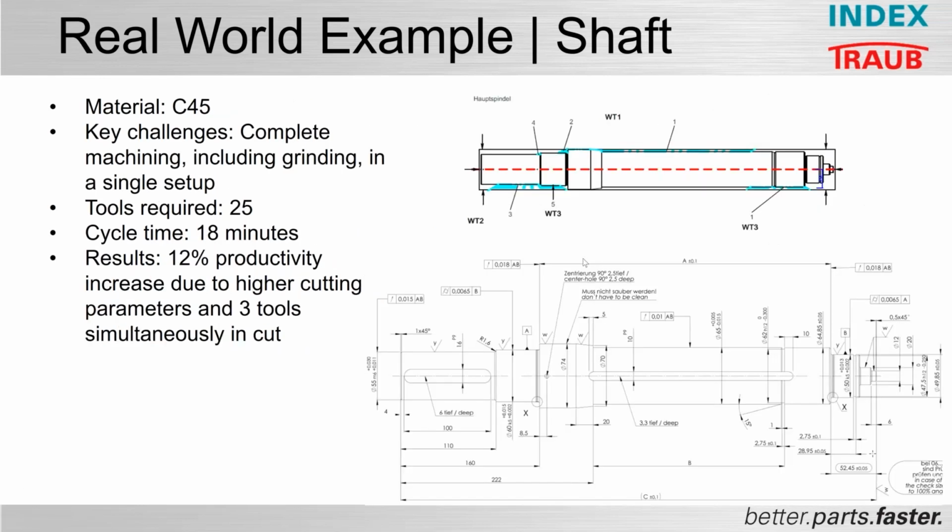Okay, so the shaft here, basically there's not a whole lot of milling content on this part. It's primarily turning. There's a cross hole and a little bit of milling in the keyways. The big advantage of this machine is we also incorporate a grinding package so that we can actually grind the journals of this part. The grinding package consists of cycles,